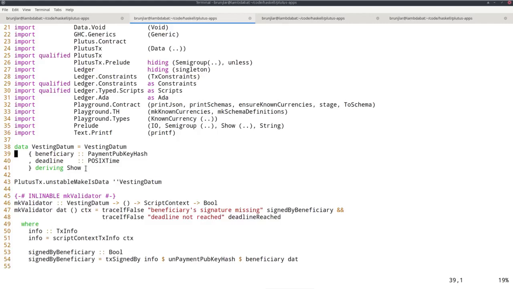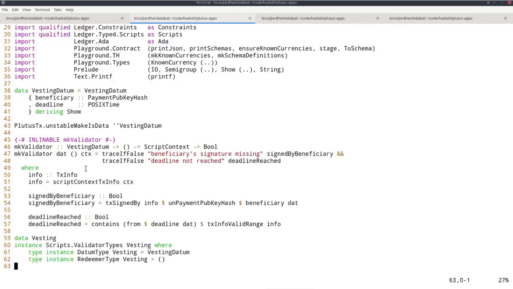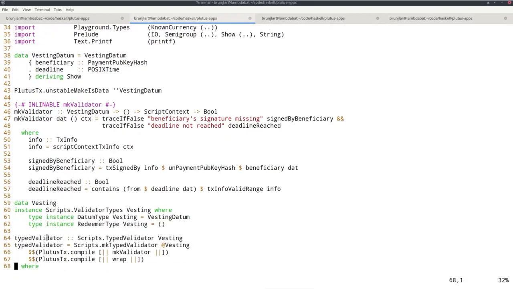So all the examples of contracts we have seen so far, they were always fixed. So we had this typed validator, and that was just of type typed validator. So it's a constant, a compile time constant actually. So the idea of parameterized scripts is that you can have a parameter. So depending on the value of the parameter, you get different values of typed validator. So instead of just defining one script, you, so to say, define a family of scripts that are parameterized by